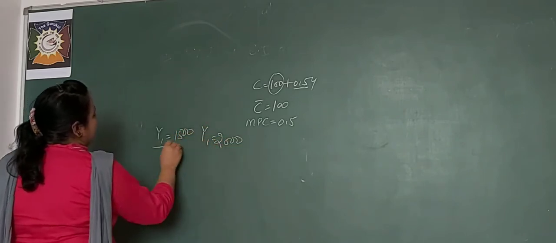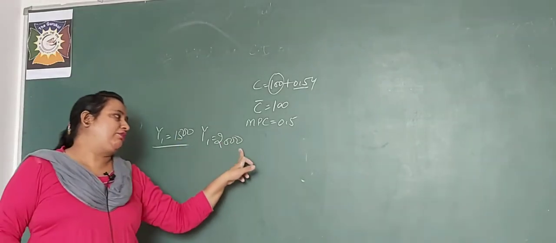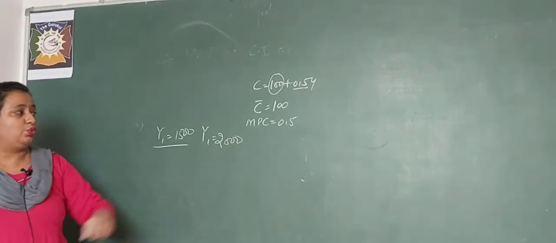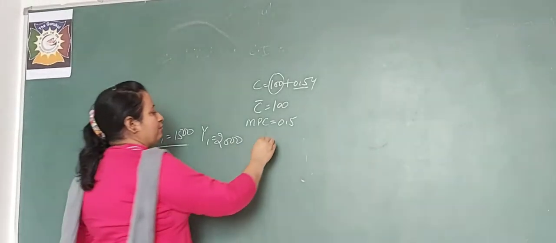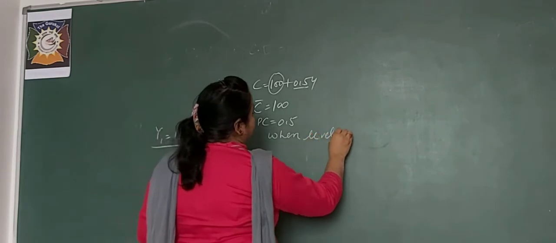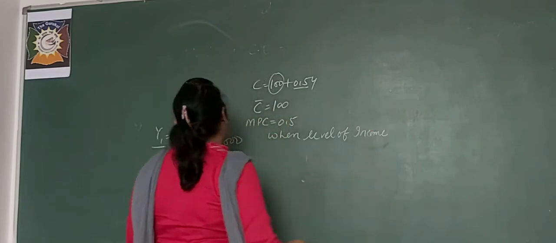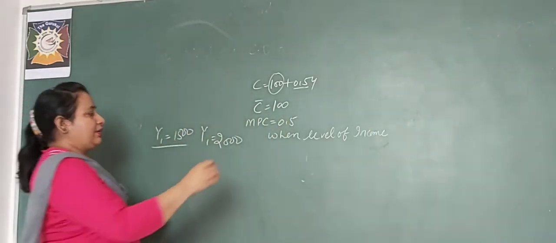It means firstly I am taking level of income 1500, secondly I am taking level of income 2000. So when the level of income is 1500,